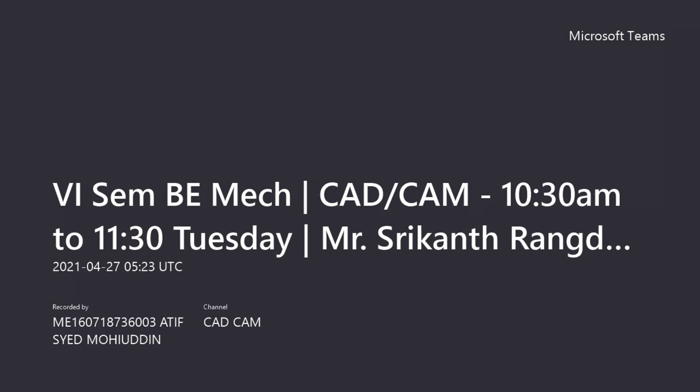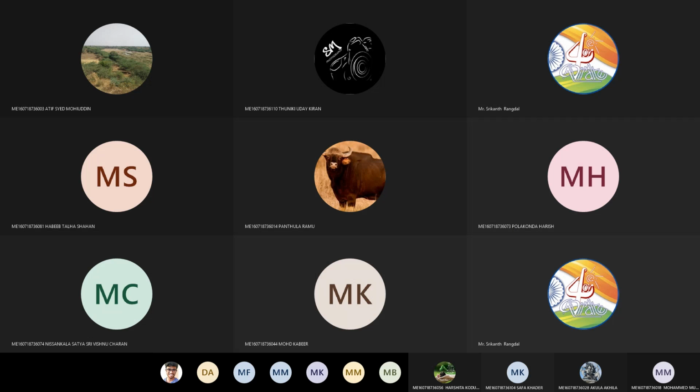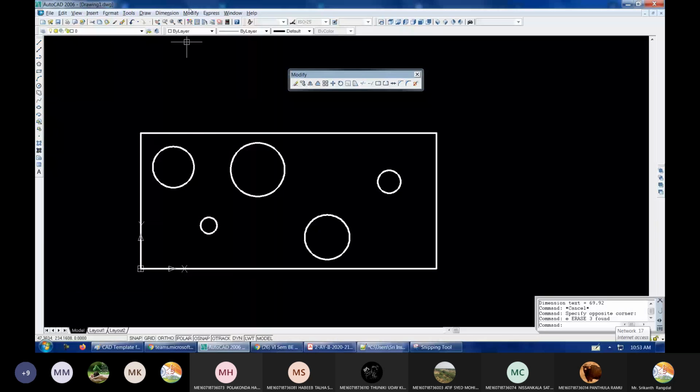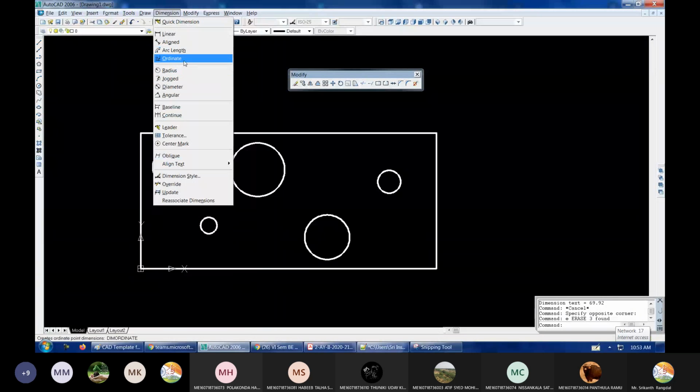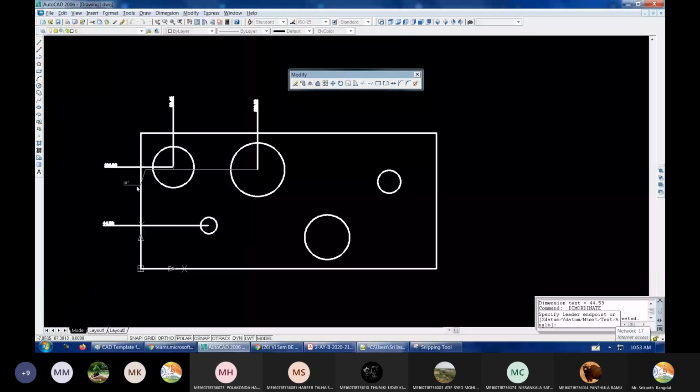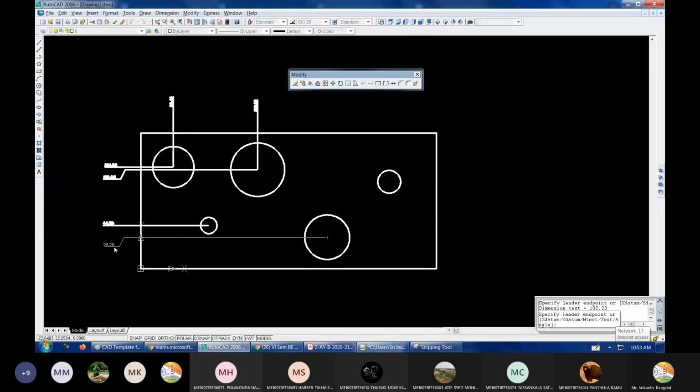It becomes very complicated and it doesn't even look good, right? So to avoid this confusion, to avoid this problem, what we'll do is instead of putting the dimensions, we will just use ordinate method. So what ordinate does is it will show us the distance from y-axis, and distance from x-axis. Now it's looking much simpler, right?